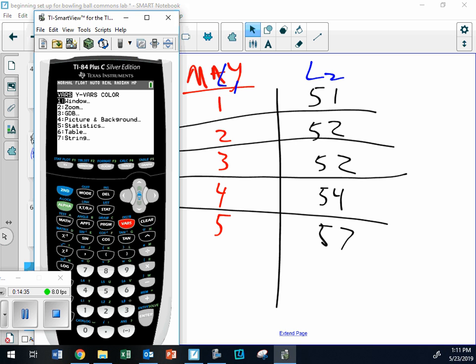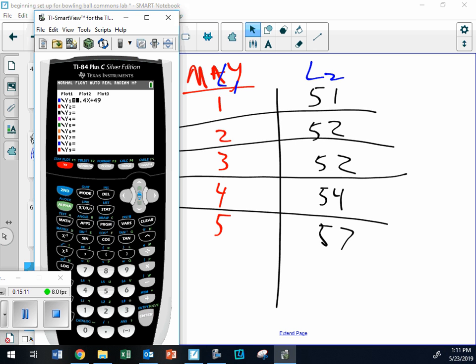Vars. It would have actually worked to go to catalog, but I'm going to go to vars and then go to yvars. And you don't even know what parametric and polar are, so don't touch them until you're in pre-calc and you know what you're doing. Function, y1. Now, what do you think that's going to do? It's going to store the regression equation on y1. Do you get it? It's going to enter it onto your calculator on the Y1 line. All right, I'm going to hit enter, and boom, here's my equation.